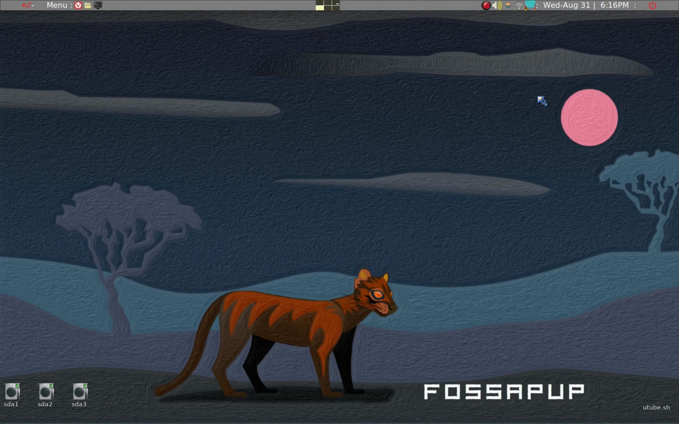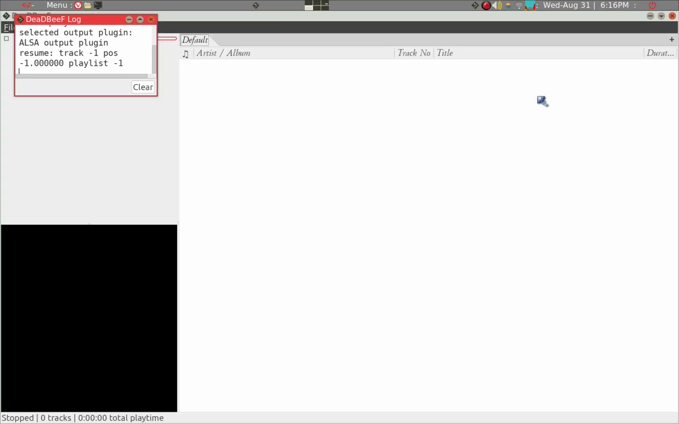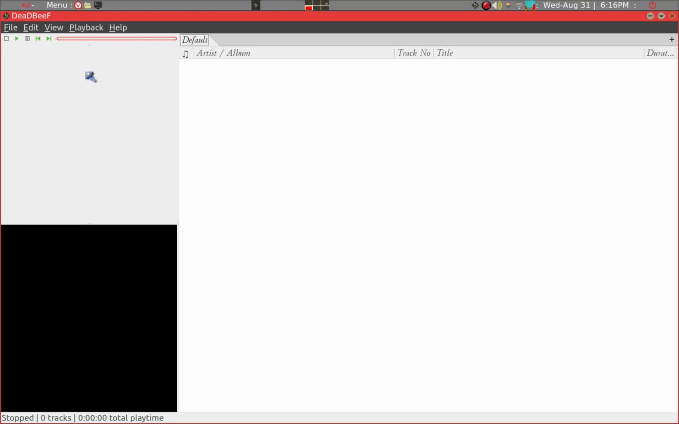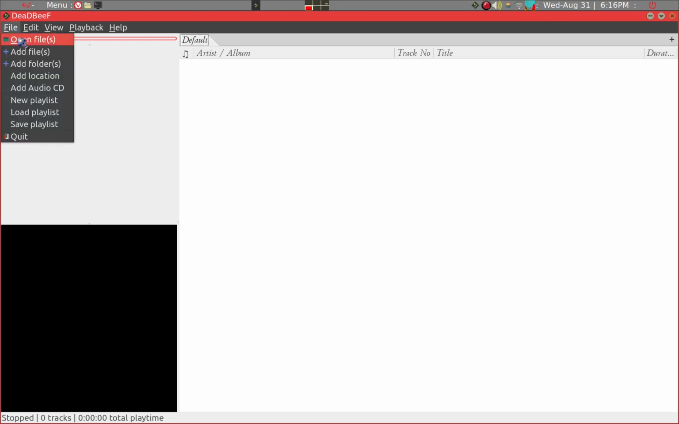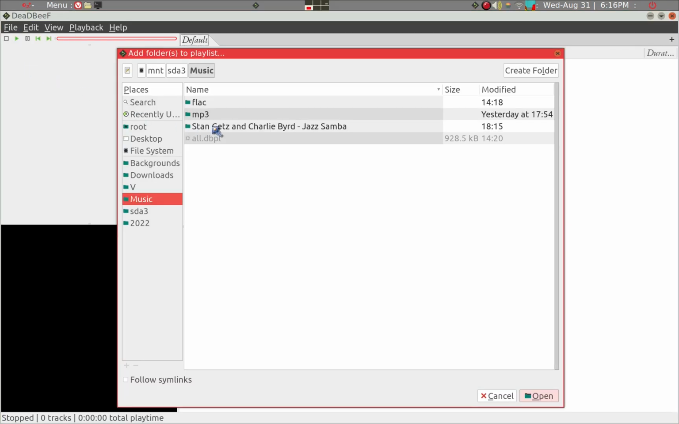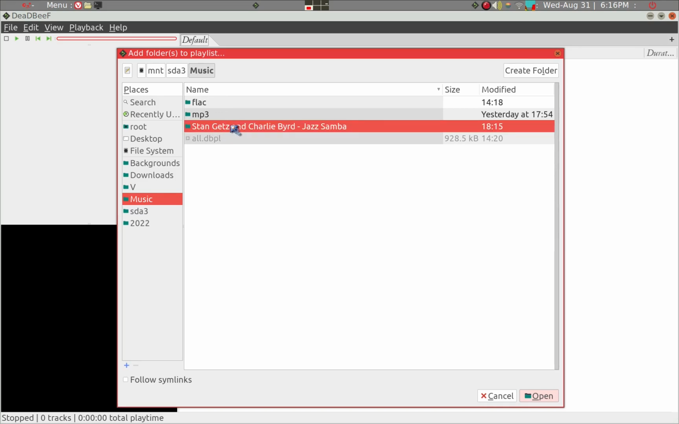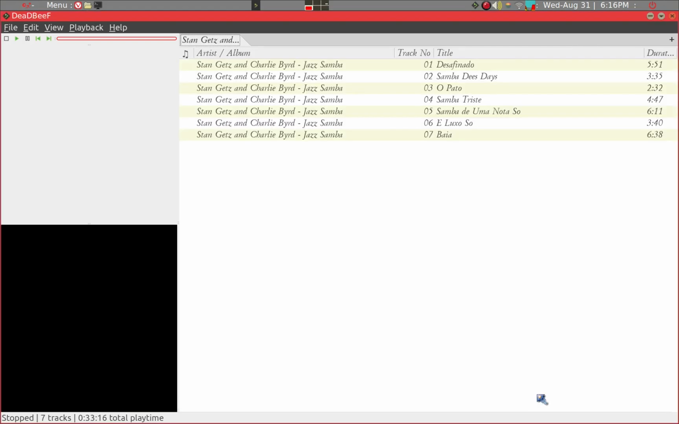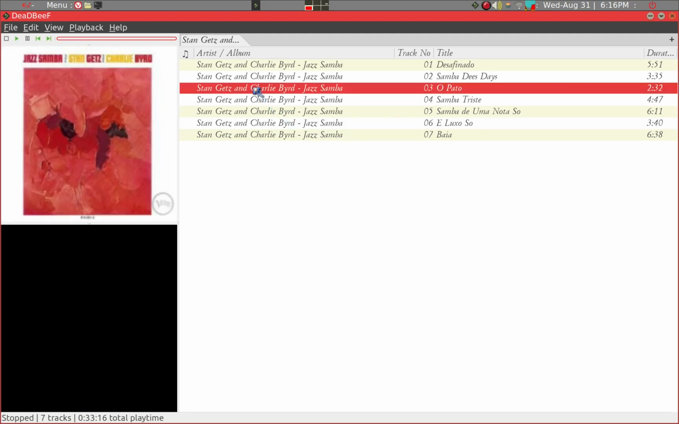Now I'll show you how it plays on DeaDBeeF. We'll go ahead and start the program, DeaDBeeF, and we'll go into add folders, and this is the CD folder that was just ripped. We'll go ahead and open that up, and you see there are 7 songs, and then we can play one,